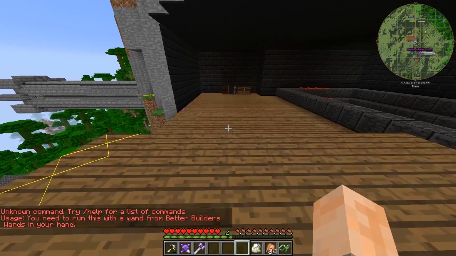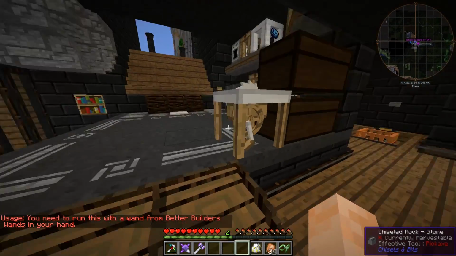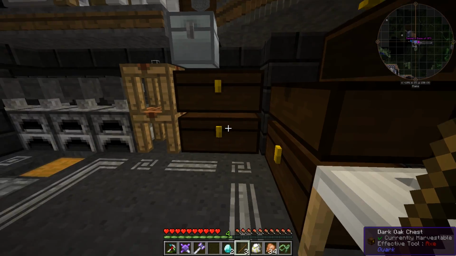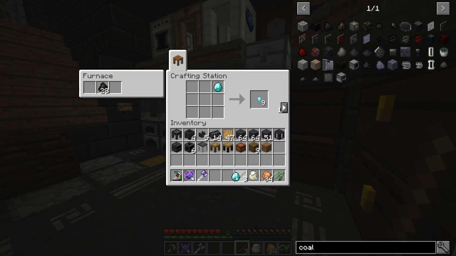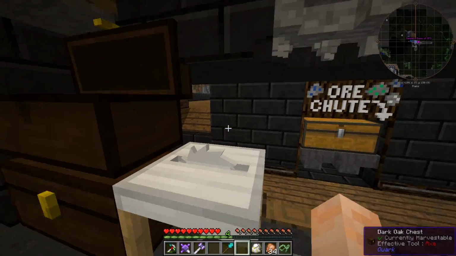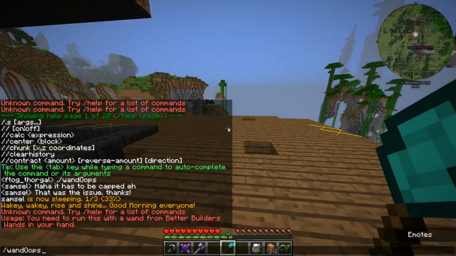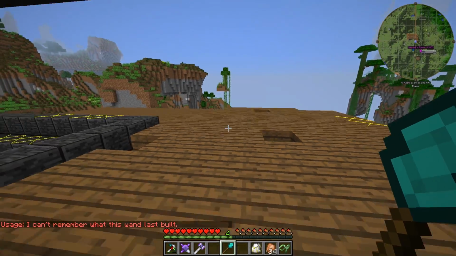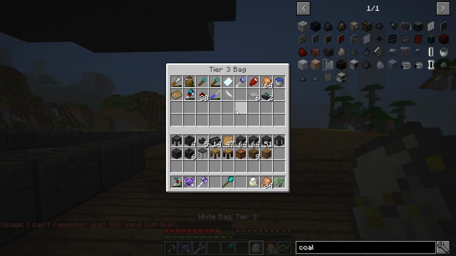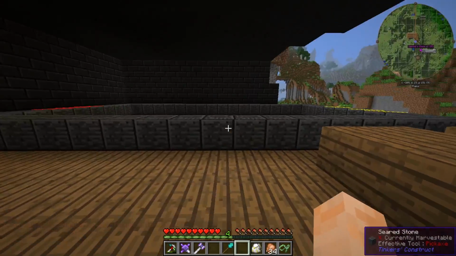You need to run this with a wand. Aha, okay. Does that mean that if it broke my wand when I did it, then it's not going to work? Because that's actually a good test. Let's take a look. So with our new wand, can we just go wand oops? Or is it going to say you used the wrong wand? Aha! I can't remember what this last build was. So that's hilarious. We're just going to leave this here for now because we're just working in the center of